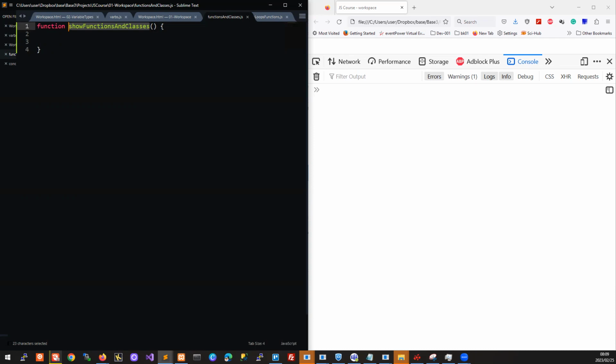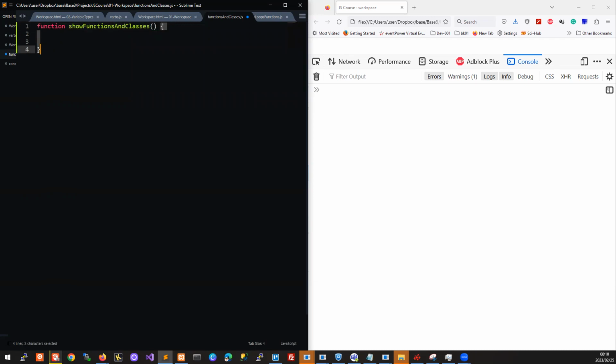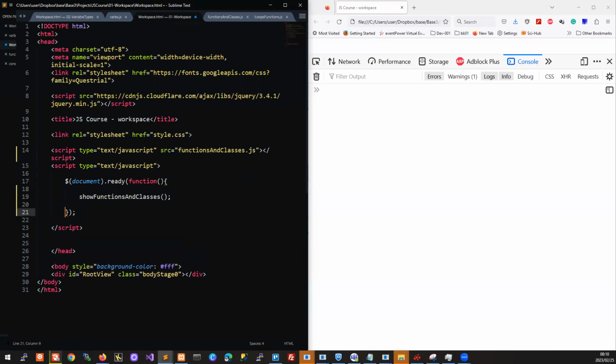So we provide a name here, and then we use the brackets here for an argument space. So sometimes we want to pass arguments to a function, so we can do that here. And that is in effect kind of a header of a function. And then in the curly braces, we've got the code block that will run when the function is invoked. So that's defining the function, and then we invoke the function by stating its name here and with the brackets, and we can supply any arguments that we've set for the function